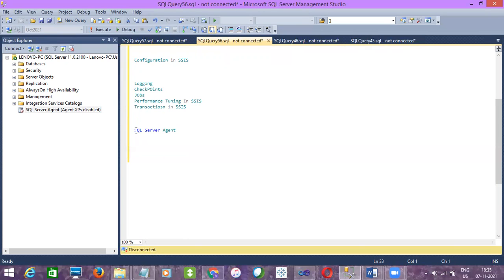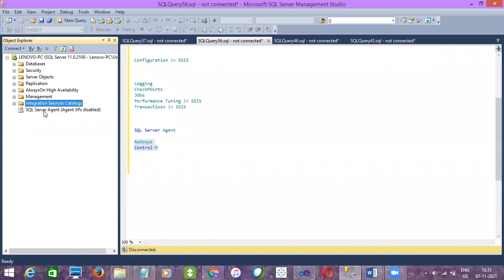And we have some other tools in the market as well, like AutoSys and Control-M. There are a few other job schedulers, we'll call them job schedulers. But for us, we have the inbuilt SQL Server Agent. It's a SQL Server scheduler, right?